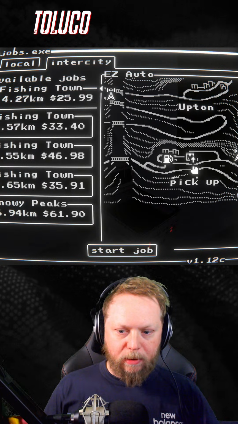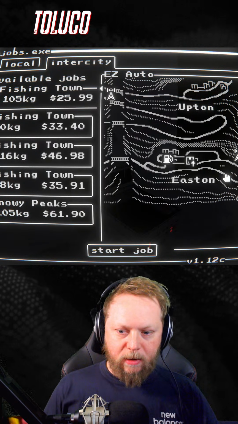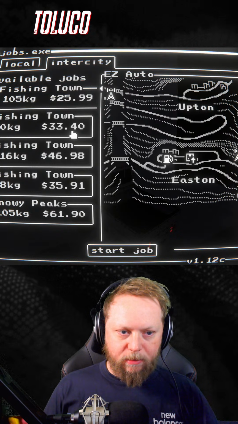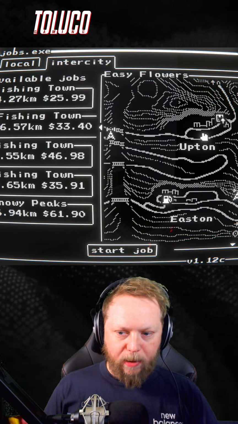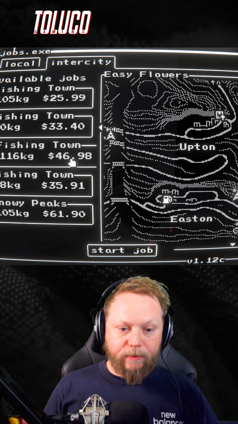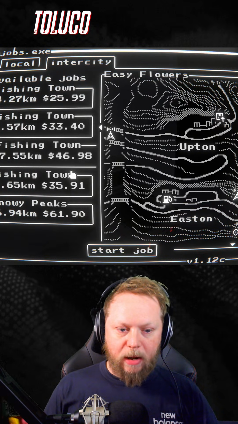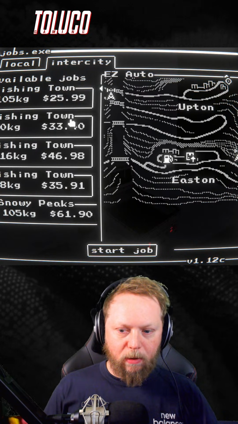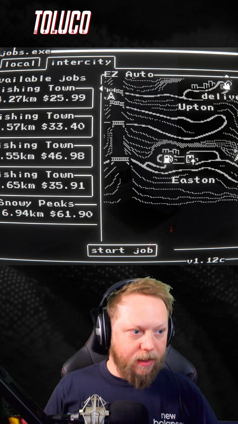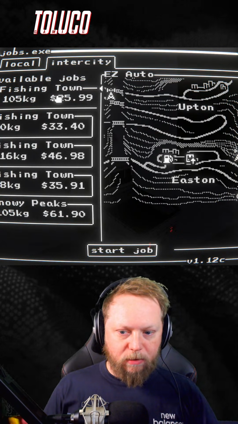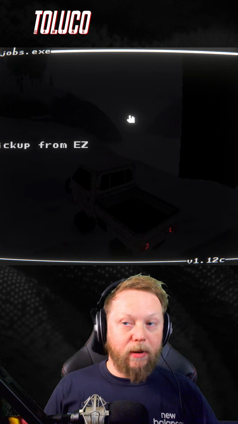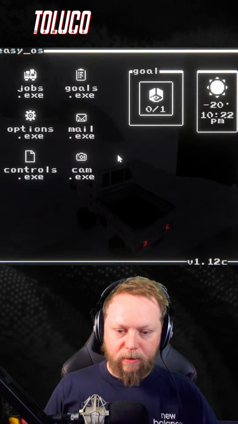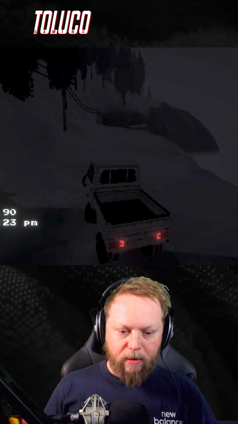This is actually quite a good one because I think I'm here, so I can nip back up to there and then do my delivery down there. Let's see. This one, see, that's all the way up in Upton. So is that one. And that's in Snowy Peaks, which is a lot more money, but involved driving all the way back up there to get that to come all the way down. So I think I might do this first one. Get a little bit of cash. So it's just in the previous town, so go back here.